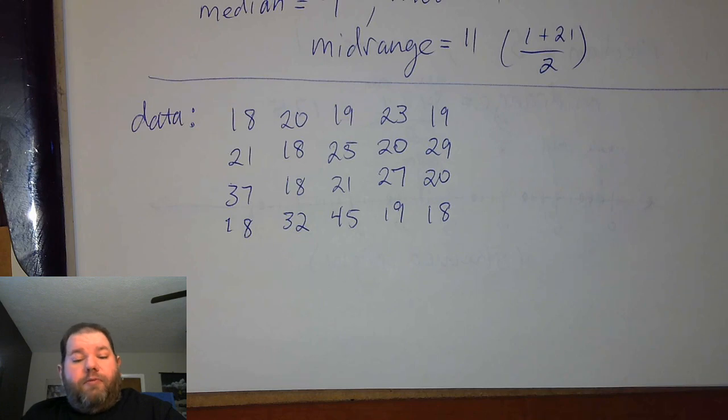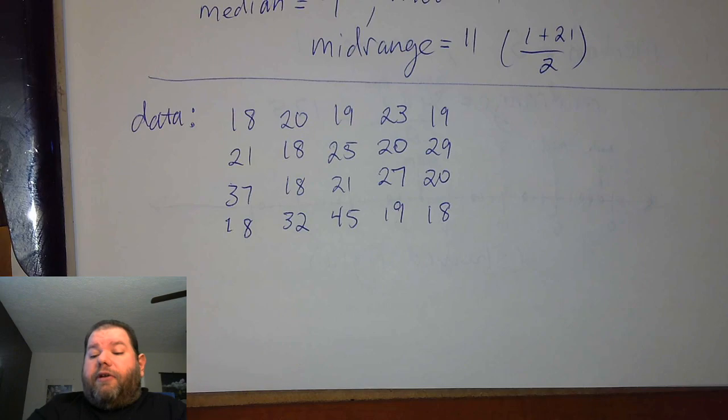Now this one's a little bit more complicated because we're working with 20 data values, and unlike our previous data set, it is by no means in order. Now, one of the things that the calculator does for us,